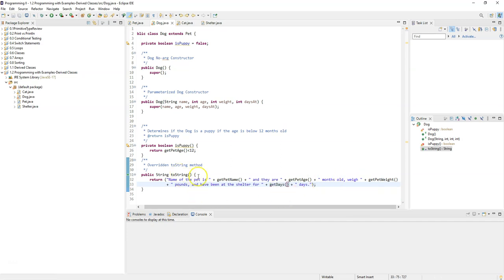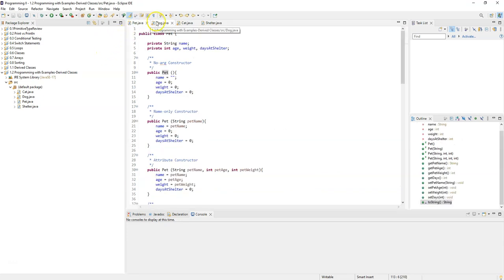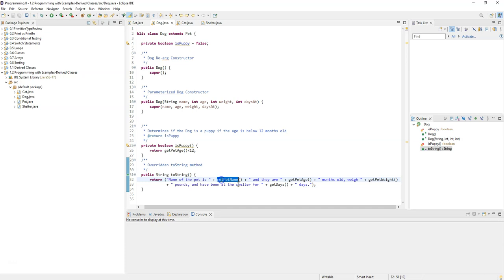There we go. And now this, of course, toString is exactly the same as what we had here in pet, except now we have to use these invocations here. We have to use the get methods here because, again, those variables exist in pet but not in dog. Now I could add in one more thing here because remember this is just a giant string here. I could add in another string that says, for example, and the dog is